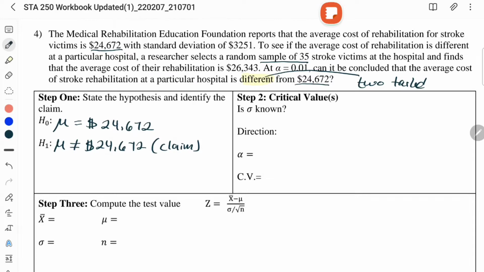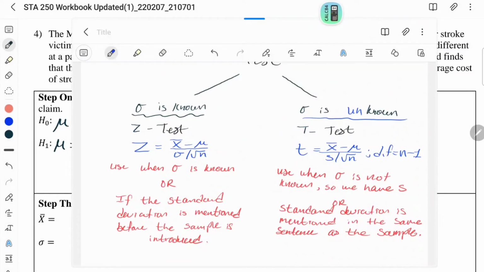Step number 2 is you want to find the critical value. You got to know what kind of test you're running, if it is a z-test or a t-test. We know it's two-tailed already, so I'm going to put the two-tailed right here. And the alpha level is 0.05. On your exam, you won't have it broken down like this, so you must refer back to this information right here. If the standard deviation is mentioned before the sample is introduced, this is a z-test, and that means sigma is known. If the standard deviation is mentioned in the same sentence as the sample, that is a t-test, which indicates